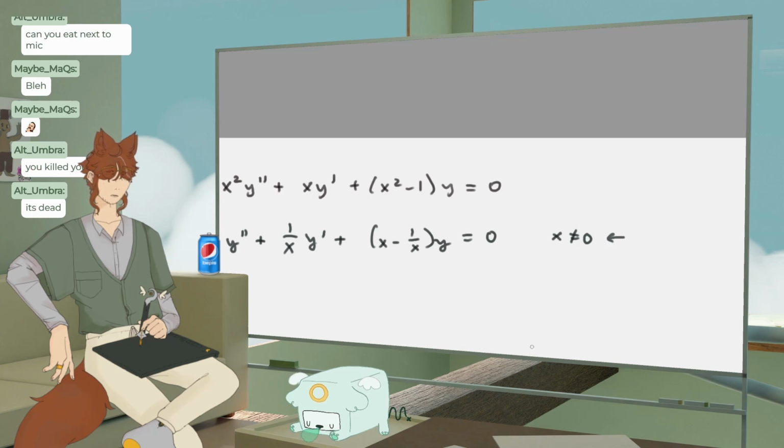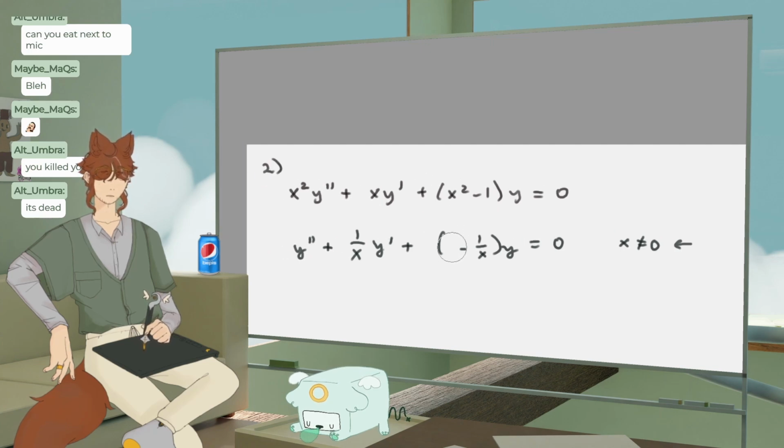Okay, this is making me rethink things. Wait, this isn't x, this is x squared. So this is 1 minus x squared. Okay, I've already ruined it. But the reason why this is kind of an issue is that it means that it's,